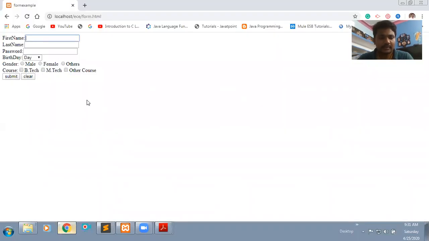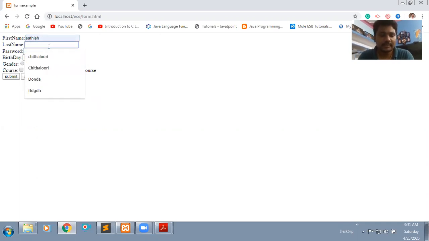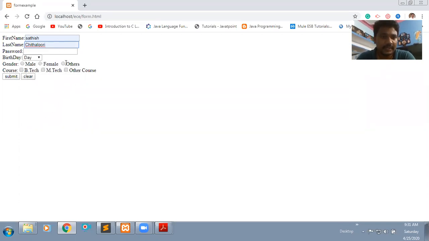Here I'm taking my first name as Satish, and I'm taking a last name as well. These two fields only I have taken. I will show whether this data is submitted to the page or not. I'm clicking on this submit button.